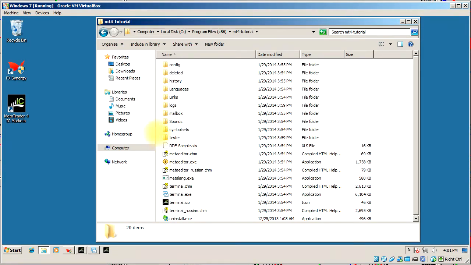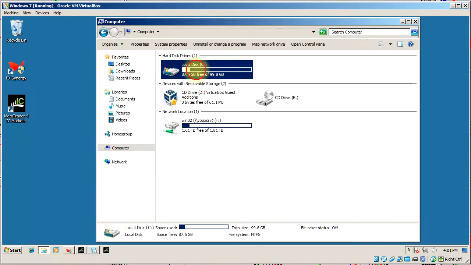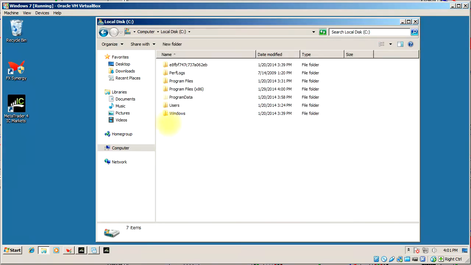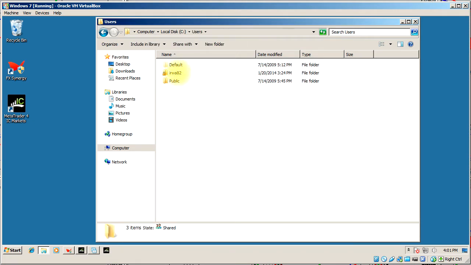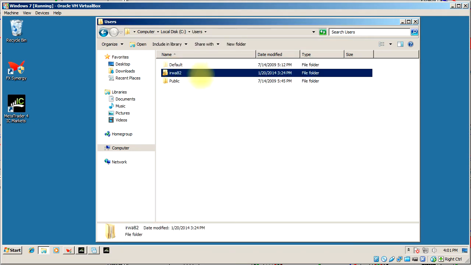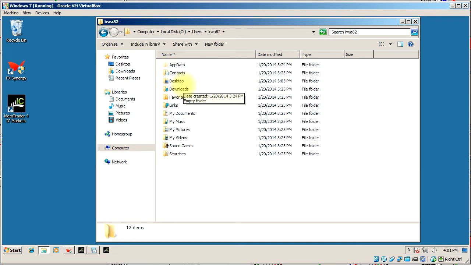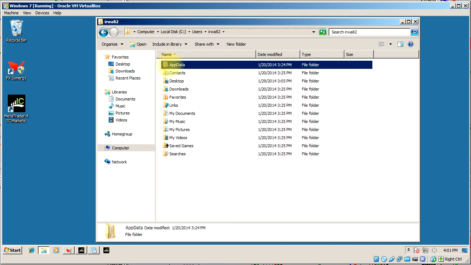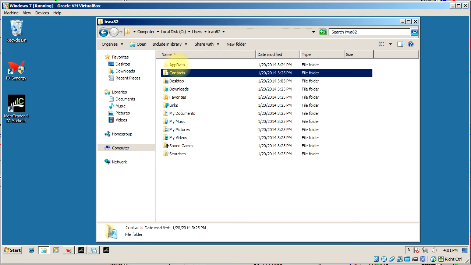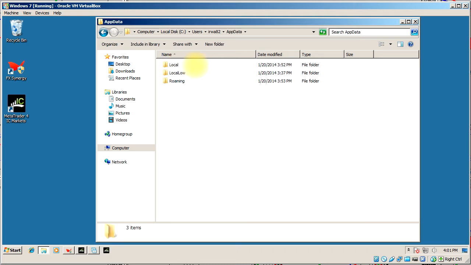So then we want to go to our computer, go to C drive, and go to the users, and then it's whatever user your computer is. Mine says IWA82, yours might say your name like John or Jane or whatever. So whatever your username is, double click that, and then see this sort of dimmed folder, that's a hidden folder that we've just turned on to see. So double click that app data, then double click local,